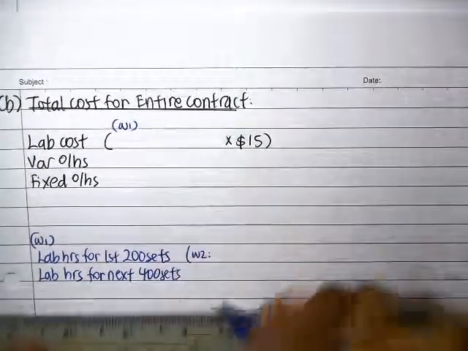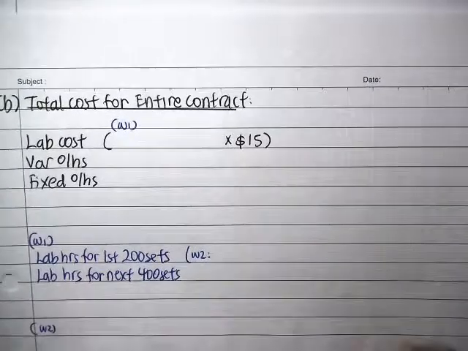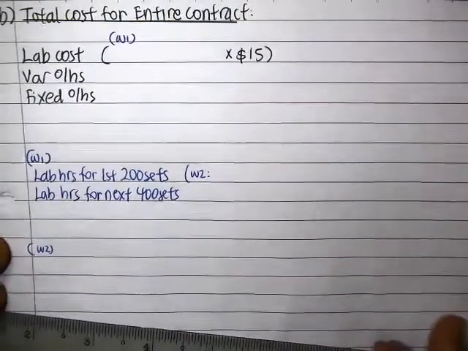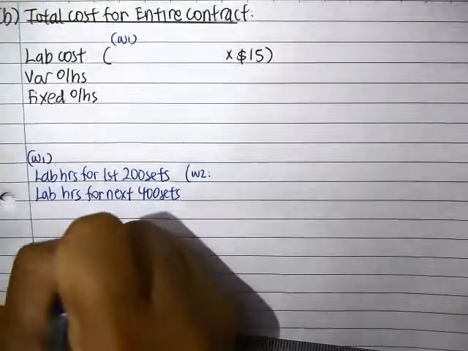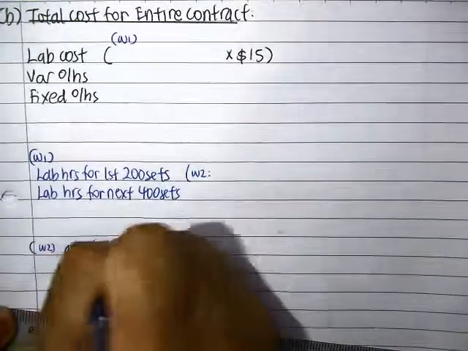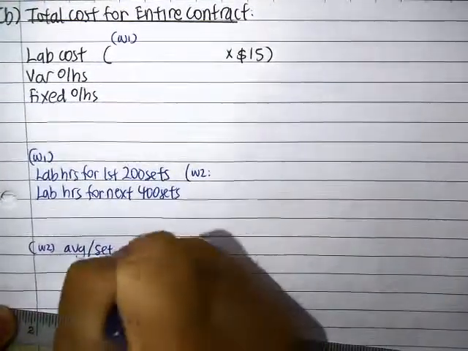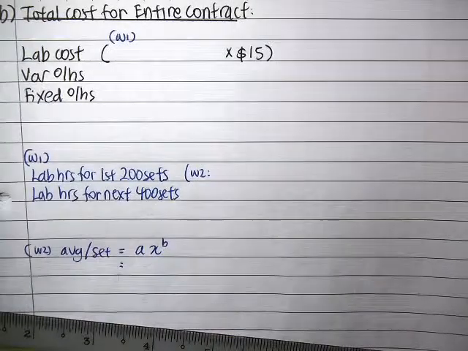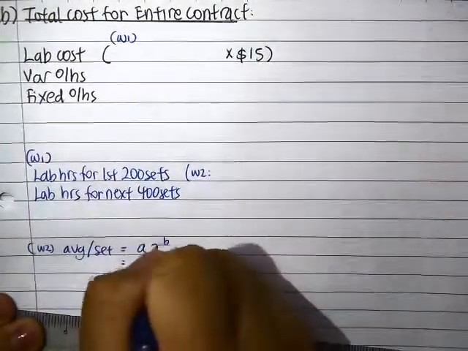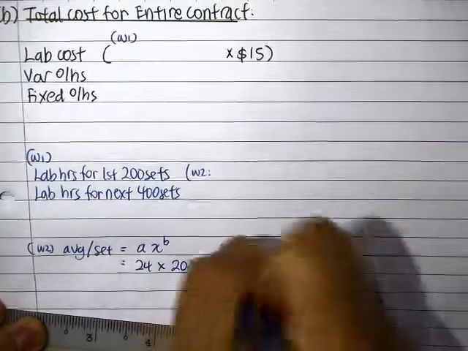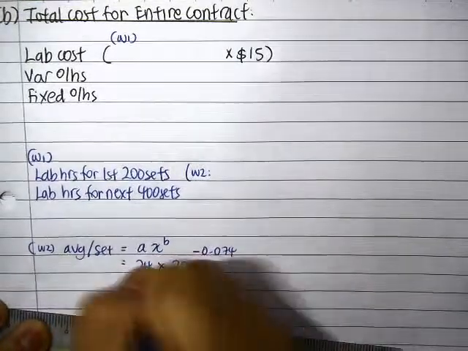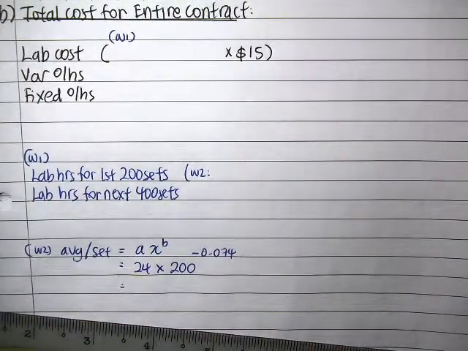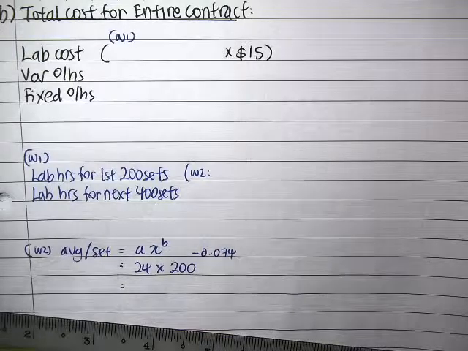So you must find the average, right? Because the first 200 you still have learning. So the average per set is ax power of b, where a is 24, x is 200, b is negative 0.74. So the average is 24 times 200 power of